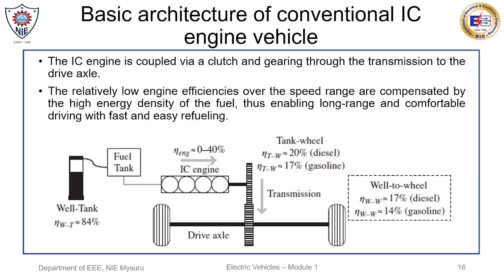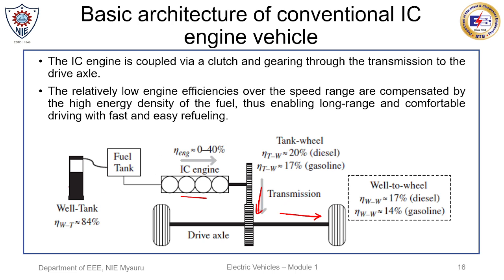So now coming to the next part, we are looking at the basic architecture of a conventional IC engine. It is a traditional setup. We have an engine, then we have clutch, transmission, and the power is transmitted to the wheels. Here the engine burns the fuel. It converts the thermal energy into mechanical motion, but this process is very inefficient, which we can see from